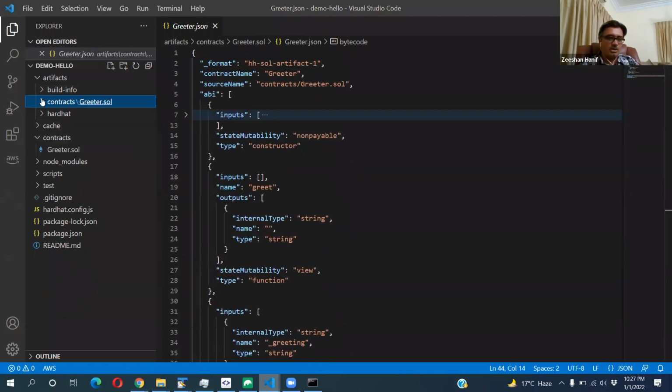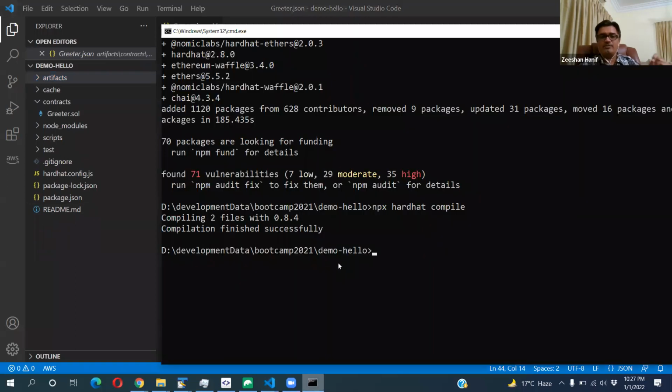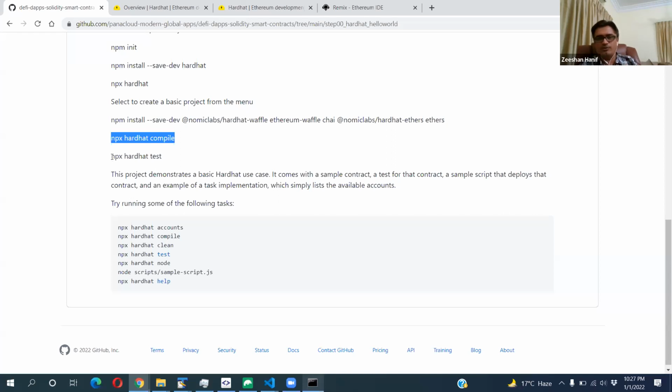Okay, so now those are the two folders created by Hardhat for us. Once you compile it, we have two options. Either we run the test case to see if the application is running properly or not, or we can deploy our code to the mainnet or the testnet or somewhere. For this example we'll do both, but we'll not go for the testnet. I'll show you that later.